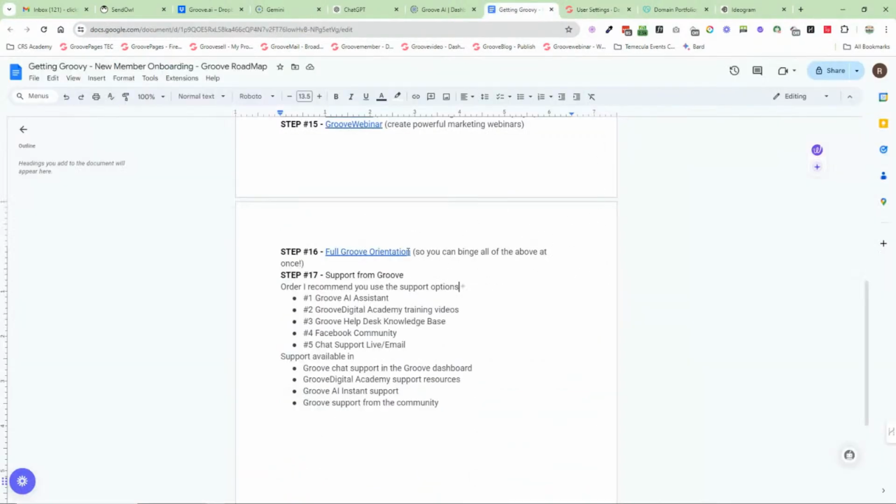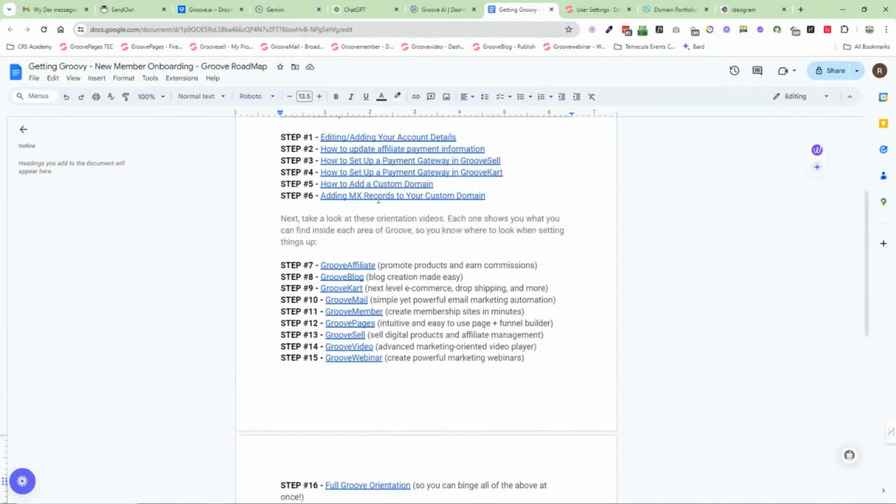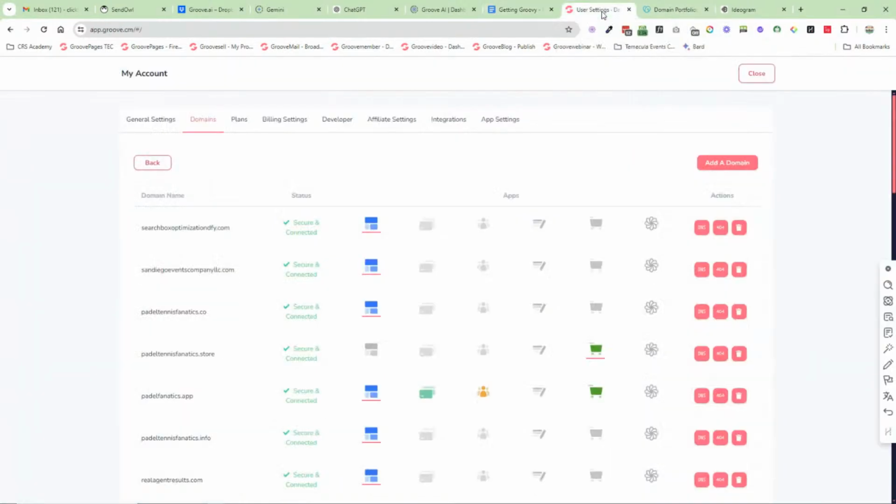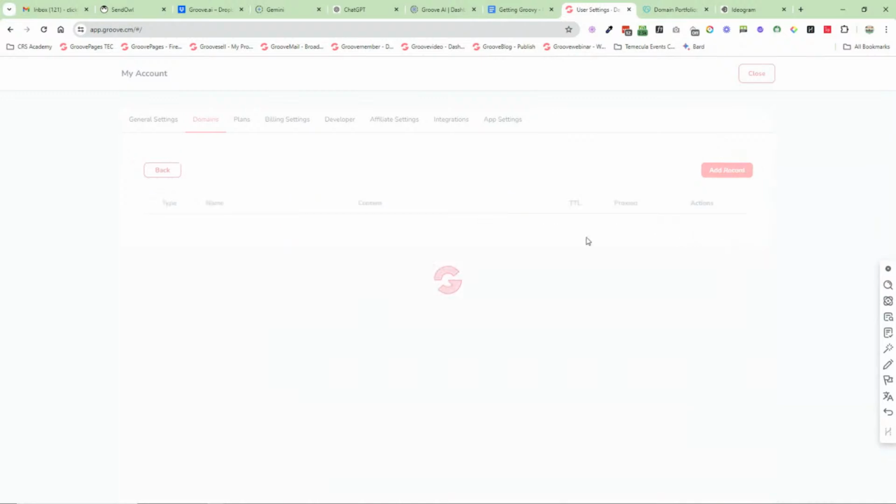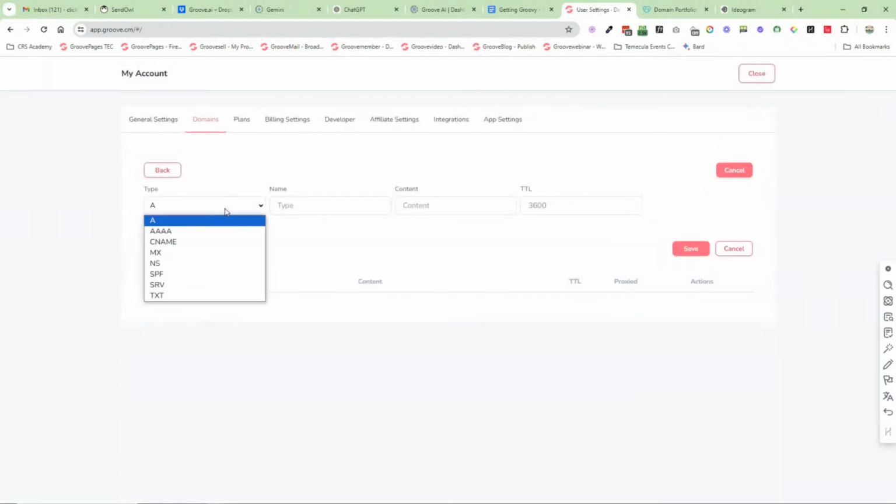Now, the next step. Remember I said if you need to add MX records or CNAME records, GoDaddy or Google, for example, they want you to verify your domain. They give you 4 CNAME records. So you need to click on DNS, and then it's going to open up, click Add New Record, and again, click CNAME, copy, paste, click Save. Do that 4 times, and then go back to Google and it verifies the domain.